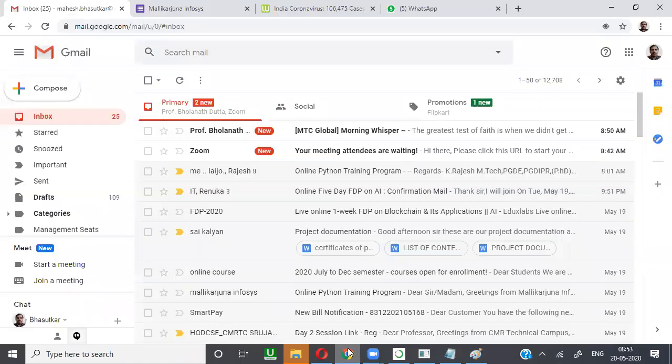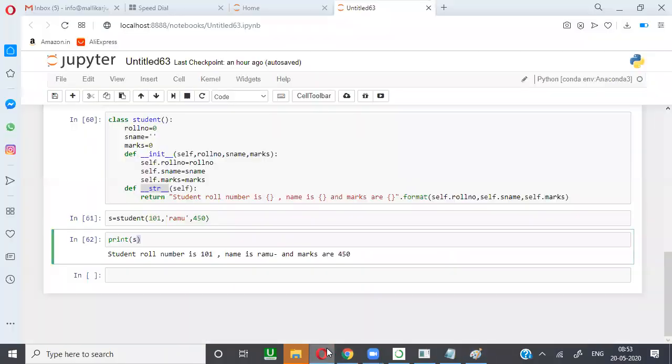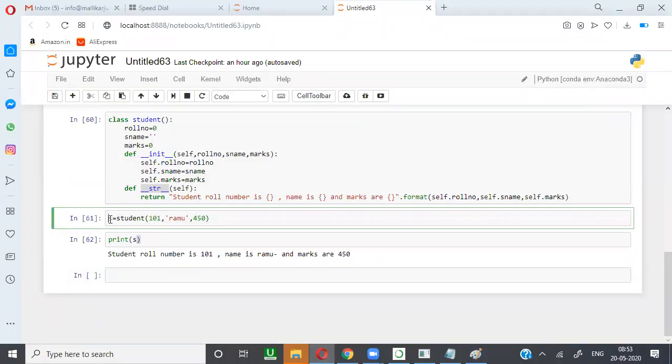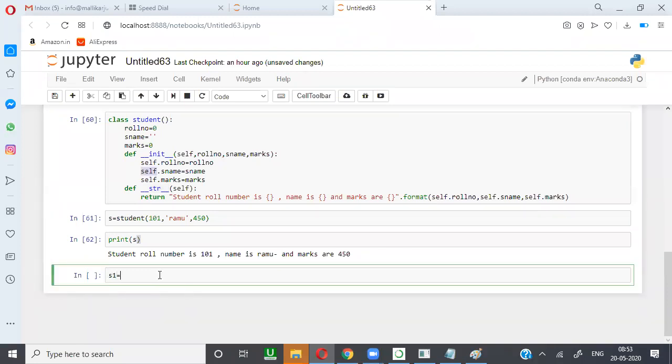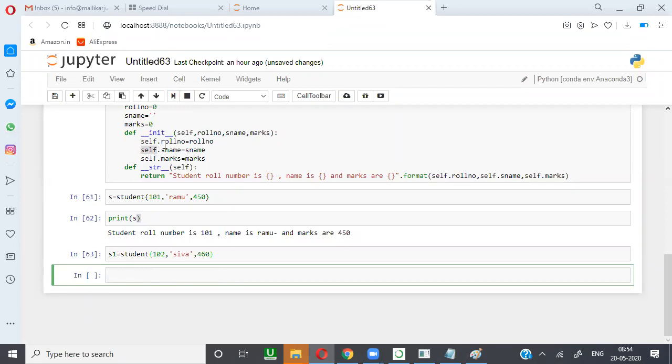So here, when I'm working with S, when we called self, it is for the existing object of S. When you are working with S1, some roll number, some name, some marks, S1 is saying that it is my.